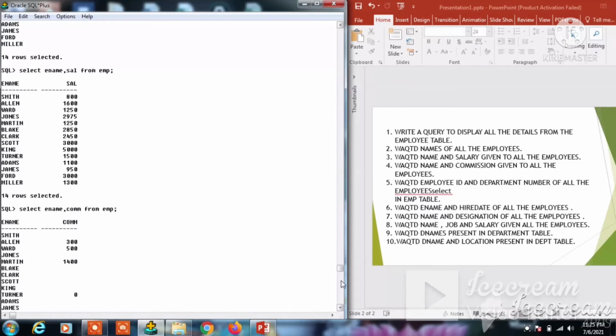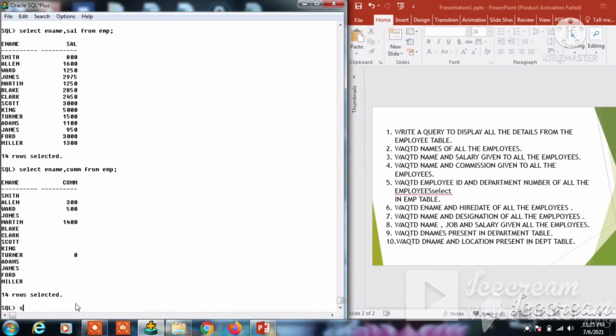For better understanding I am also giving the name. Select ename, empno, and deptno. The column name of department number is deptno.